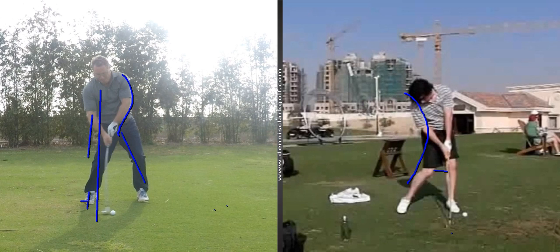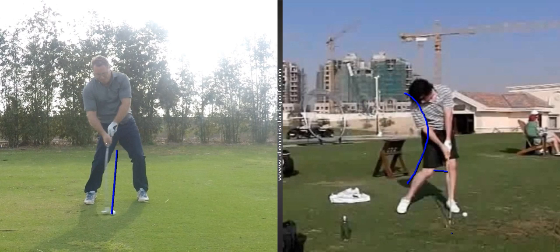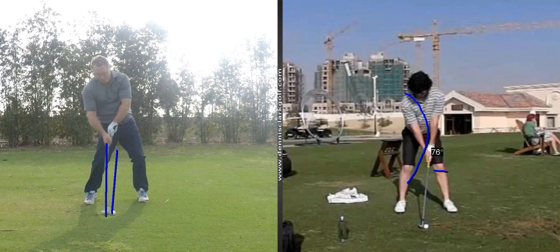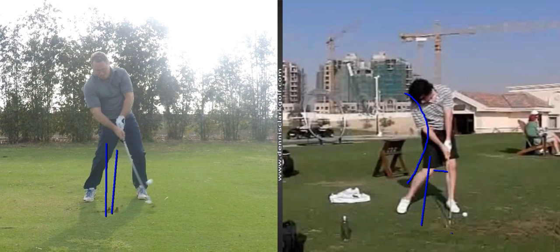So you're going away from it, and the club, where it's right here at address, is back there at impact. Okay, so let's watch over here closely because some of these pictures can really help. There's the club at address. There's the club at impact. It's driven that far forward by his body moving through. Okay, so that's kind of what we're looking for, is to get you aware of staying stable over the ball